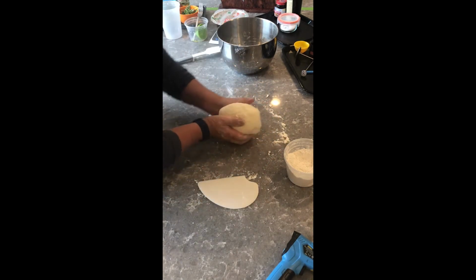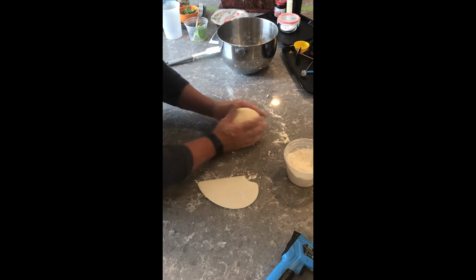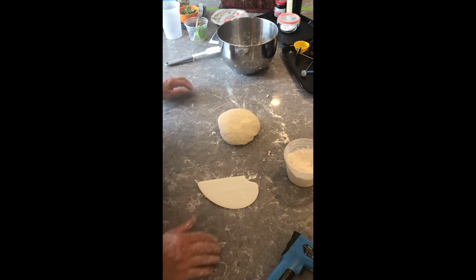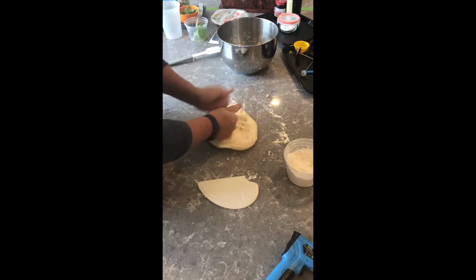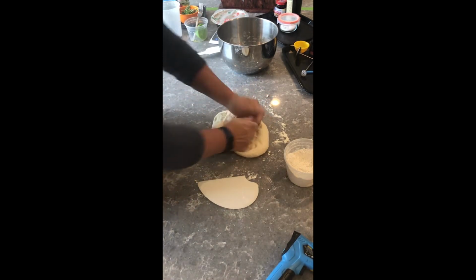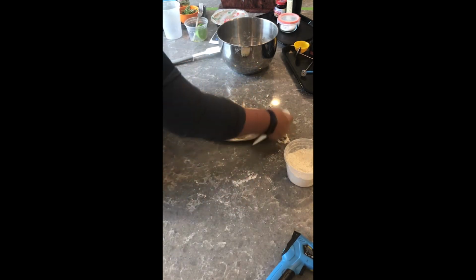We just kind of reshape it. We're just going to let it sit just like that and get nice and happy for 5 minutes. After 5 minutes, we're going to come back. We're going to develop it some more, which means we're just going to knead it. And after this second phase,